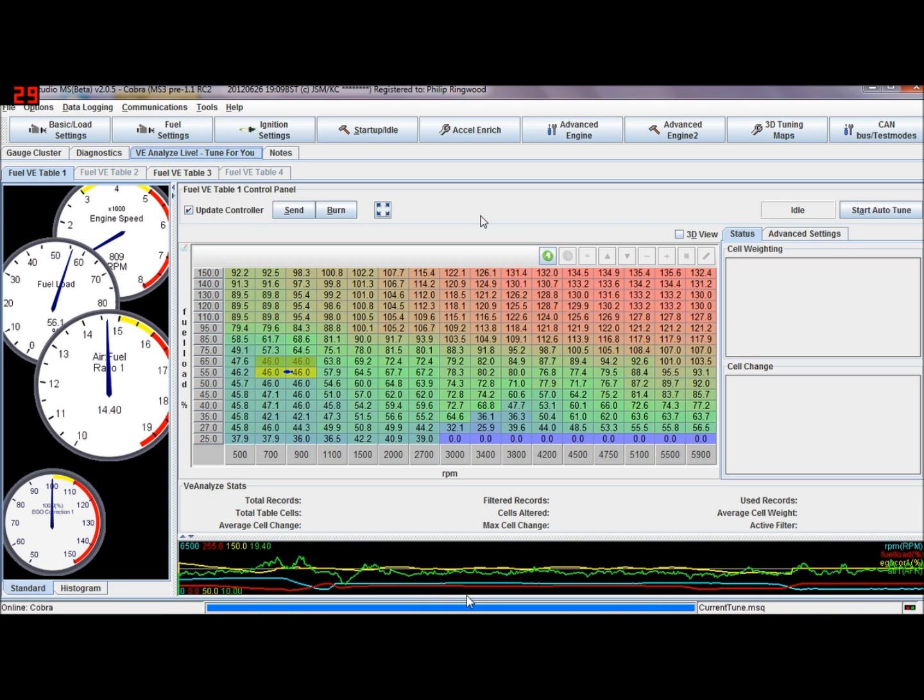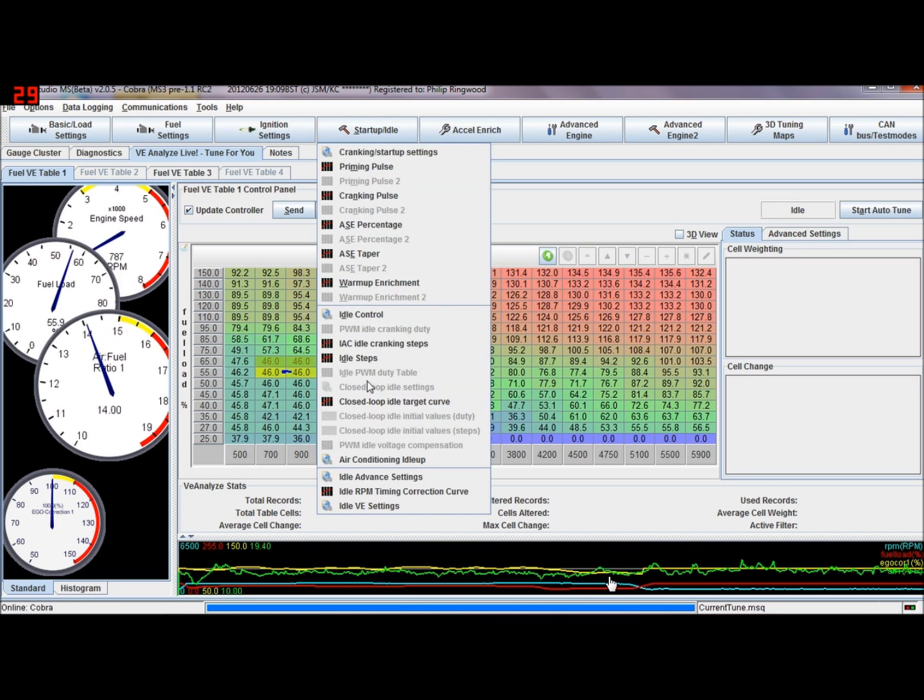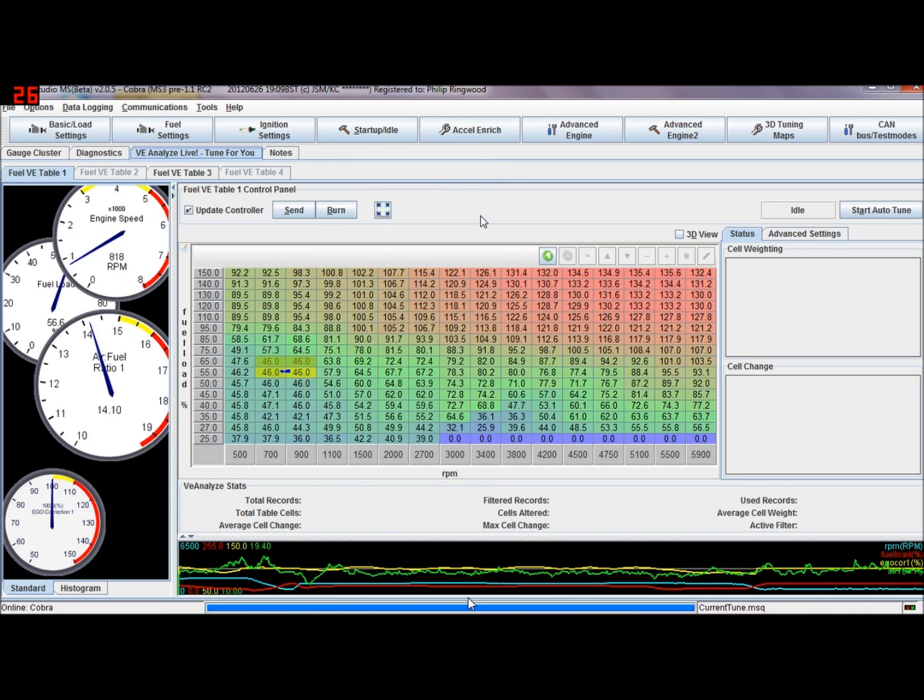As you can see, if I just rewind that, my fuel load is fairly constant, 55, 56 at idle. Yeah, my idle sits around there. Sometimes on speed density, you'll find that this will jump up and down and left to right. It's very difficult to get a nice stable idle in speed density. In Alpha N you haven't got to worry, because you'll only use one or maybe two parts of the map,